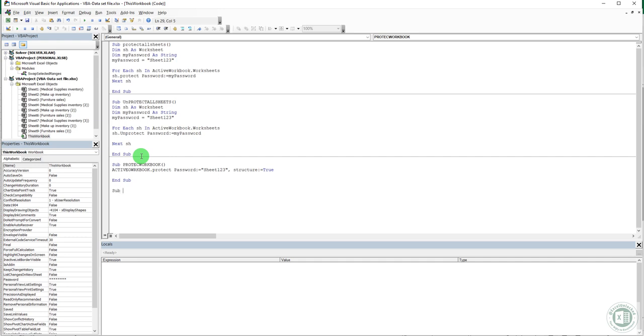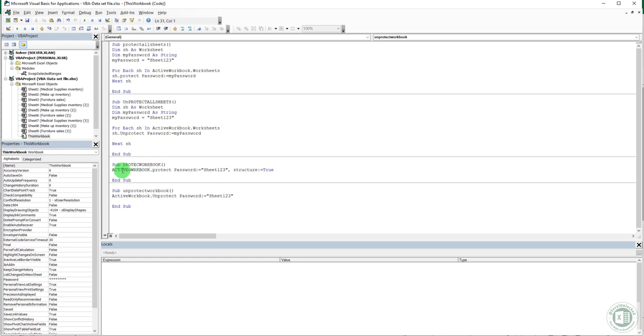Same goes for the unprotect. Active workbook. Basically that's it.